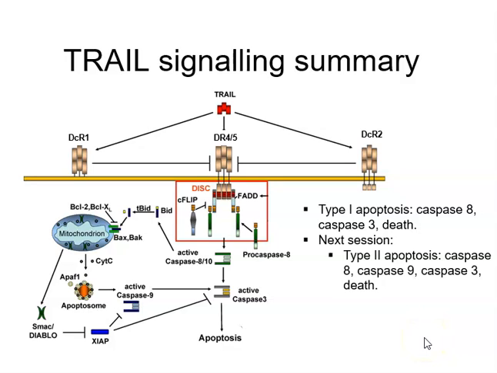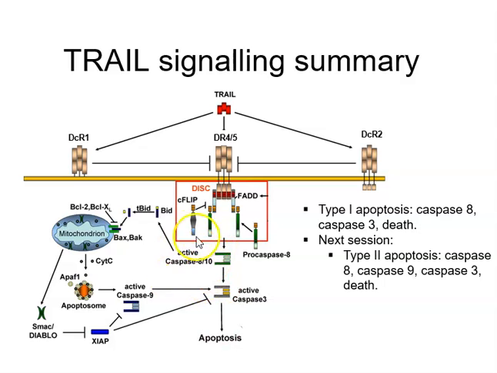So this is a nice diagram of death receptor signaling. It just happens to be TRAIL. TRAIL binds to death receptor 4 and 5. TRAIL can bind to decoy receptor 1 or decoy receptor 2. They don't signal apoptosis, but if TRAIL binds to death receptor 4 and 5, that will signal apoptosis. We then get FADD recruitment. FADD is a double-ended protein, and one end will recruit procaspase 8. Procaspase 8 will then auto-activate itself to produce active caspase 8, which will produce active caspase 3, which will cause the cell to undergo